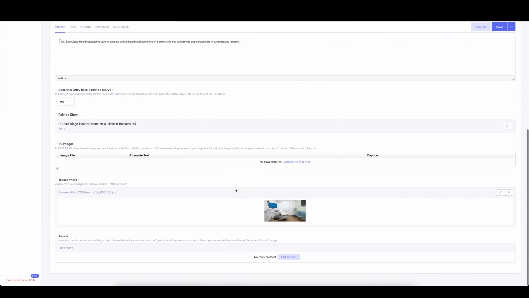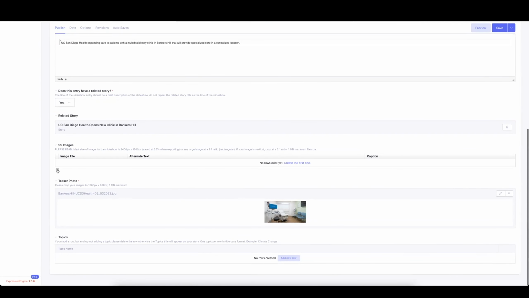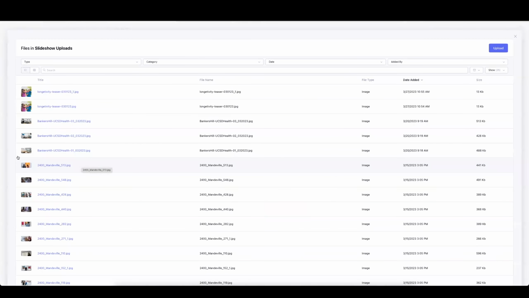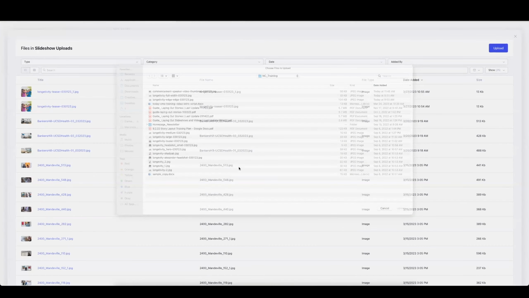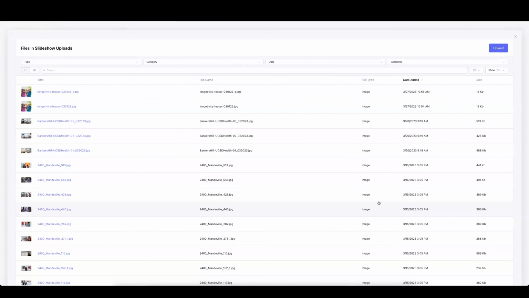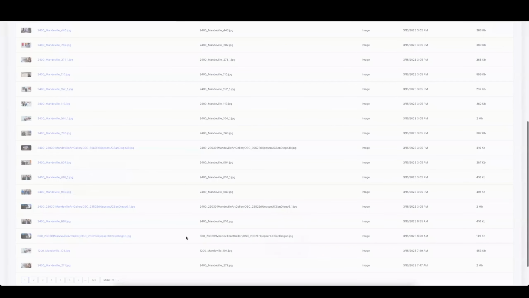So again, because I'm basically copying this one, I will select photos that have already been uploaded. But here you would go add file. If you need to upload a new file, you would click upload here and select it from your computer or wherever you have it and upload it there. I will use one here